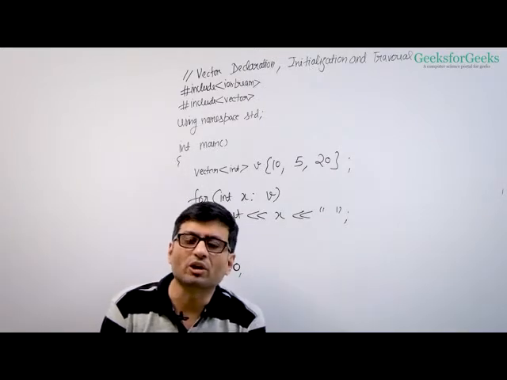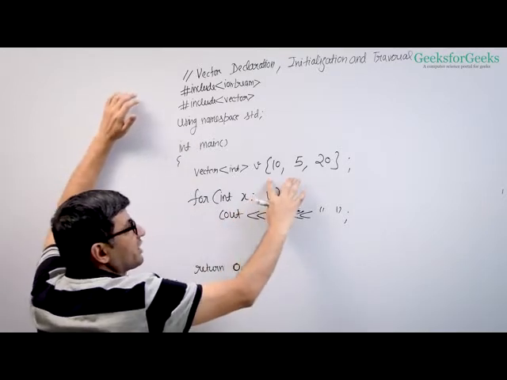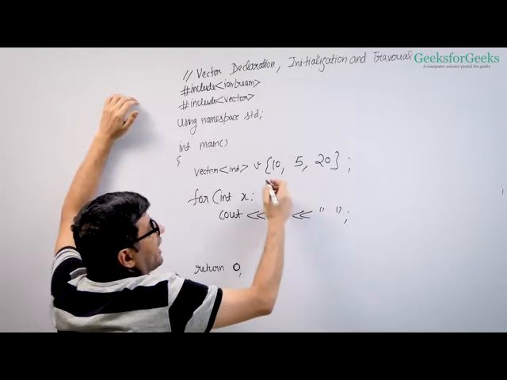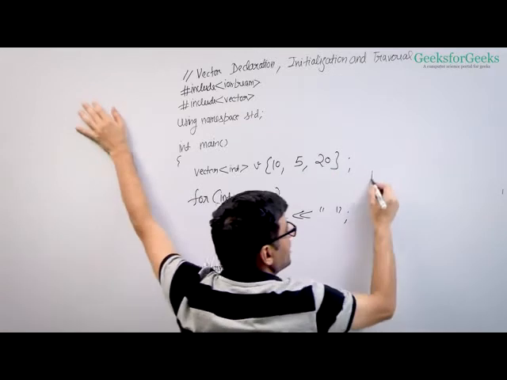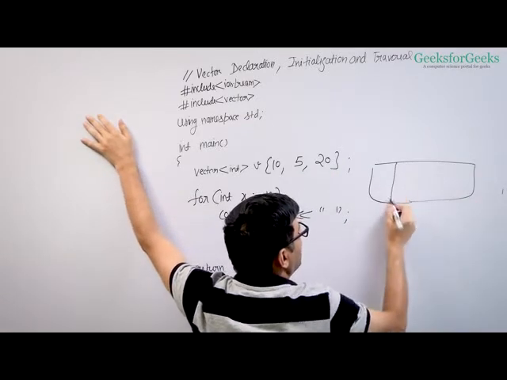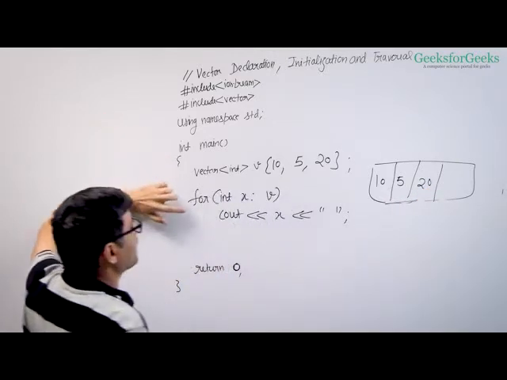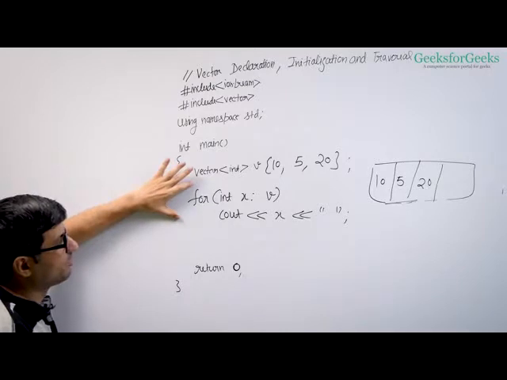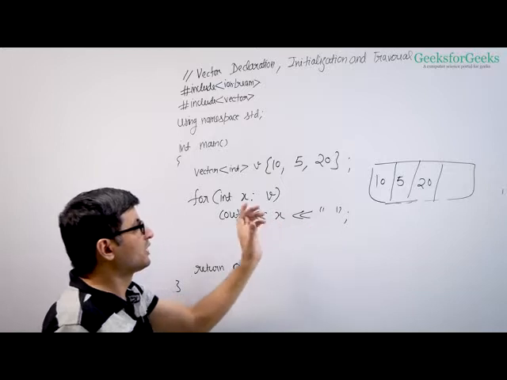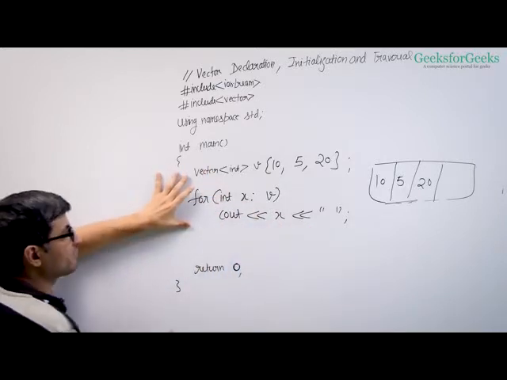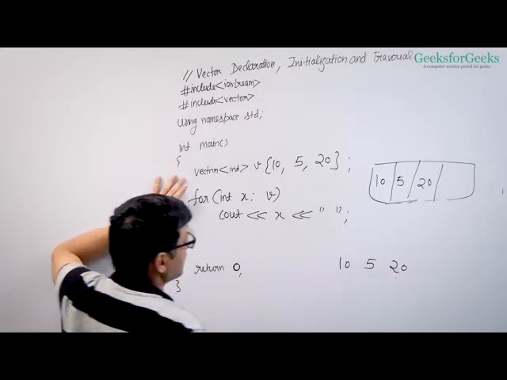Here is another style of creating vectors and traversing them. We can initialize vectors like we can initialize arrays. I have created a vector and initialized it with 3 elements, 10, 5 and 20. So this basically creates a vector and the vector initially has 3 elements, right? And we can traverse the vector with this loop. We can traverse arrays also this way. We can traverse other containers also this way. What this loop basically does is go through every element and print the elements. So we have 10, 5 and 20 as an output.